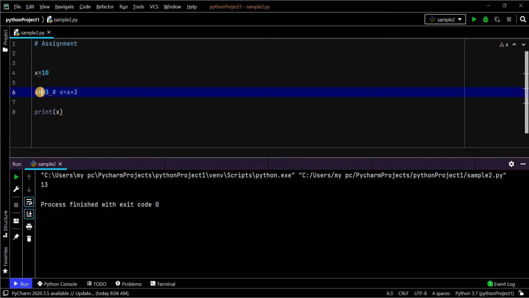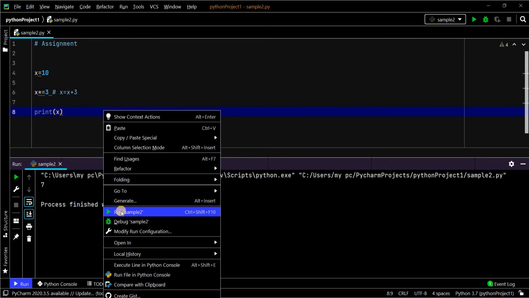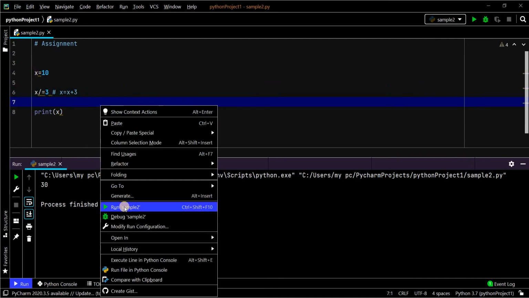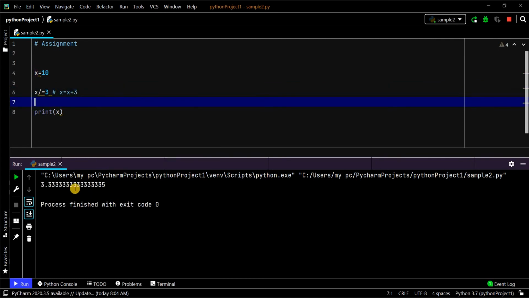You can give subtraction as well. The result is 7. Multiplication as well, which is nothing but x equals x star 3, which is 30. And you can give division as well. Division means 3.3 you should get. Yeah, 3.3.